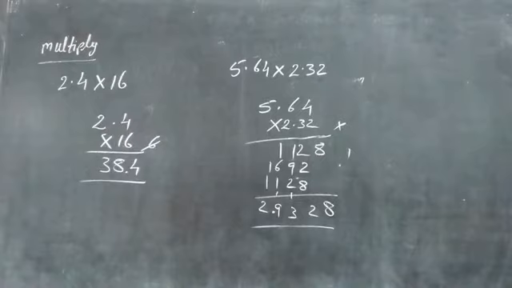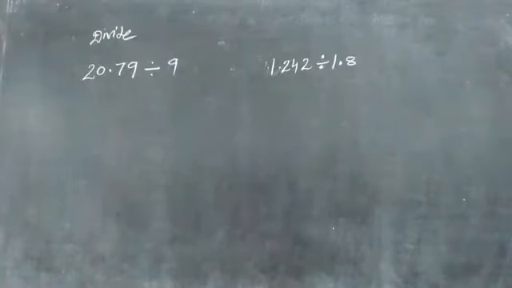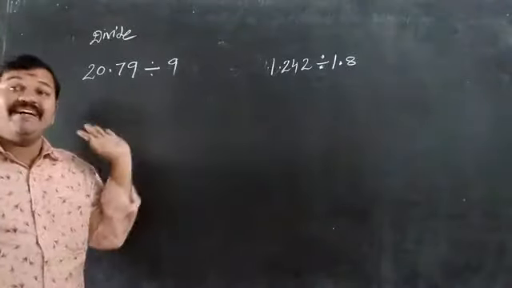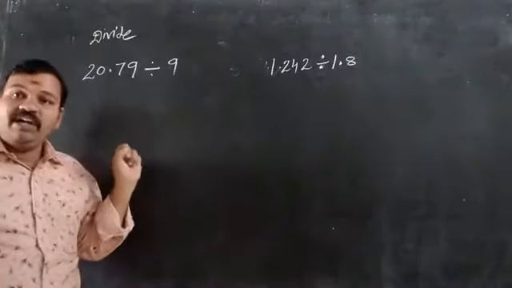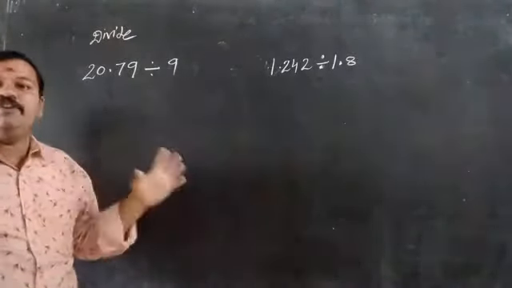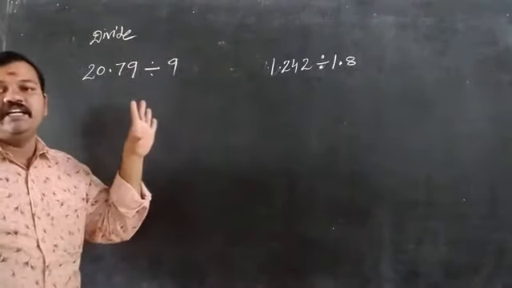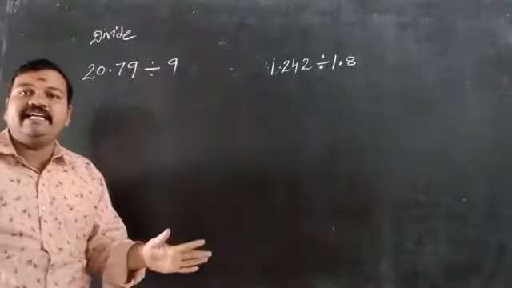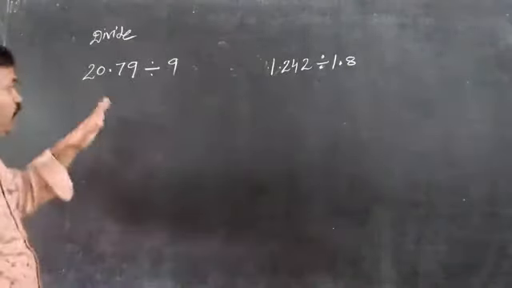Next one is the division process. Division means first of all we have to convert. Multiplication we can do easily, but in division we have to take a little more care. What is the care? We have to take the reciprocal, compulsorily. This is the process for division. Already we know that one, 9, but don't do it like that. Some will get it easily, but not all. So we have to do that once.